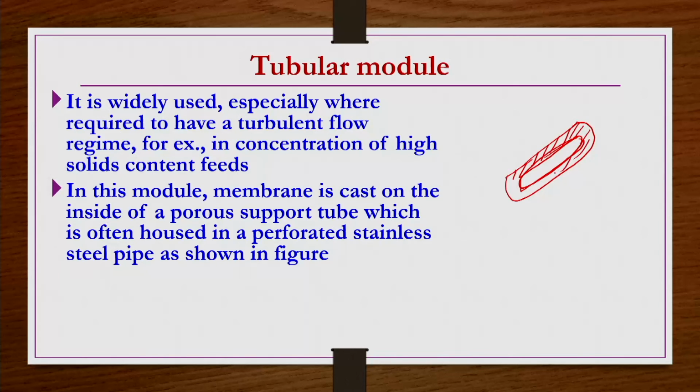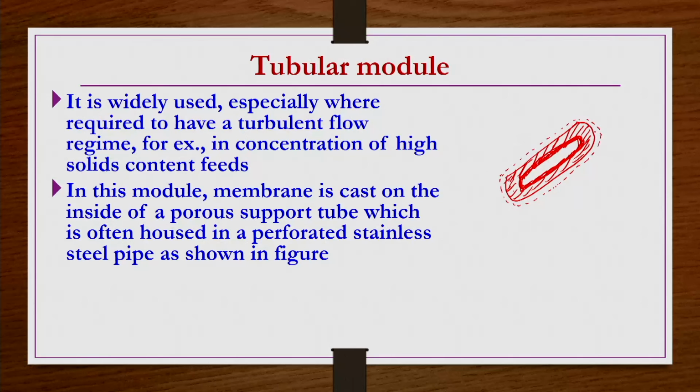This tube has a porous structure, right. In this porous structure tube, what we do is we take this porous structure, and then the inside surface of this porous structure will be cast with the polymer solution if you are preparing a polymeric membrane like this, right. This inner surface of this porous support tube, that we are casting with a polymer solution, and this tube is in general housed in perforated stainless steel